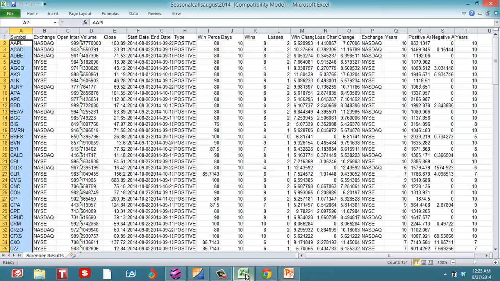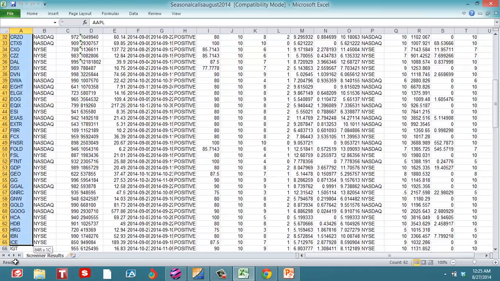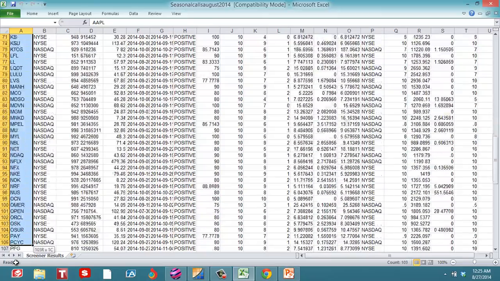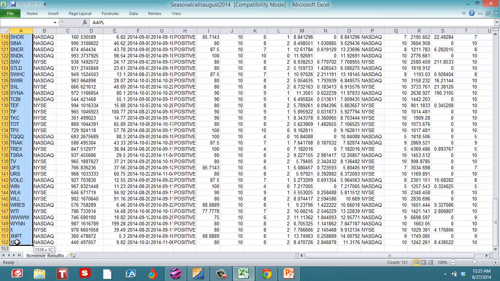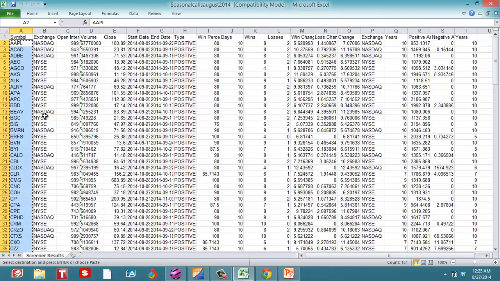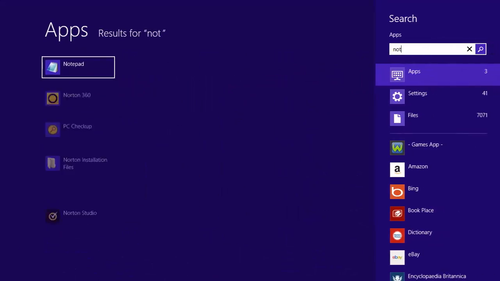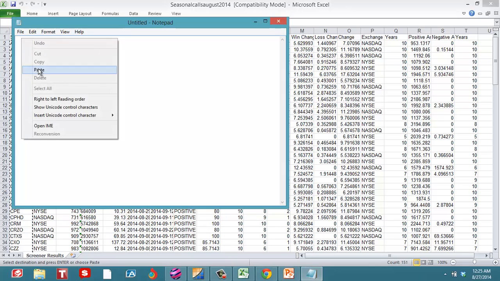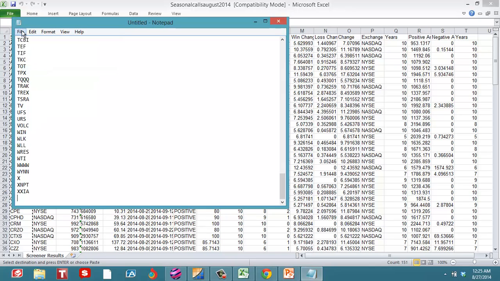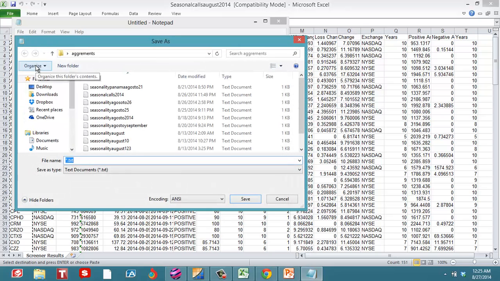For this purpose I already opened up the Excel, so now what I want to do is just get the symbols. I'm going to select down the symbols, right click here and copy, and then I'm going to go to Notepad. We'll paste all these symbols, and I'll do save as and I'll put a name. In this case I named it already Seasonality